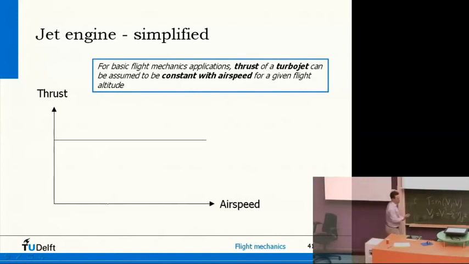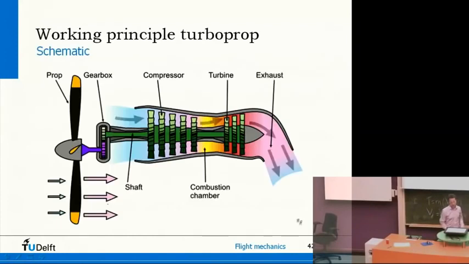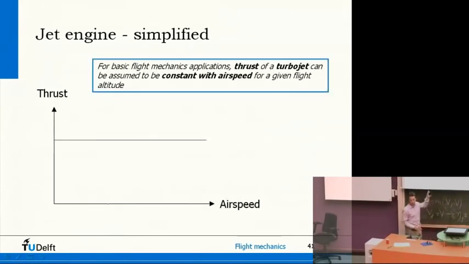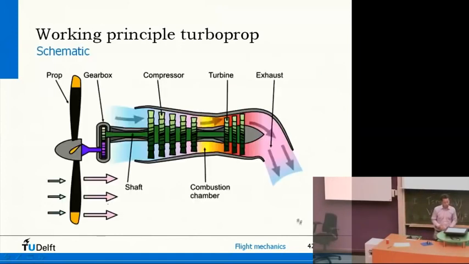That's the jet engine. Then let's have a look at propeller aircraft. Basically, I want to end up with a similar graph for propeller engines. If we have those two, then we have the most important propulsion systems which we can apply in flight mechanics. This is what is called a turboprop,